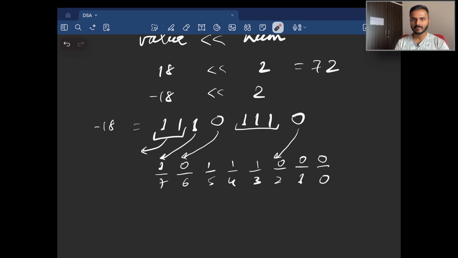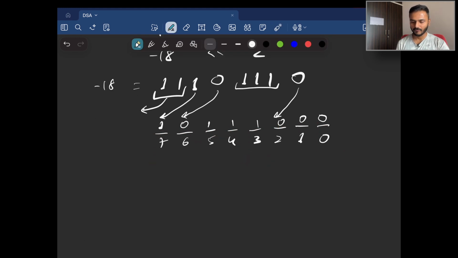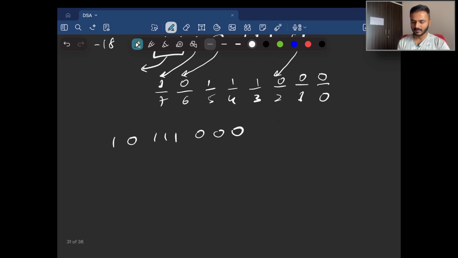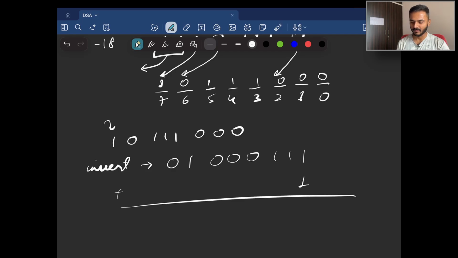And if I convert this to decimal, let's see what we get. We have 1 0 1 1 0 0. Over here, this is a negative number because the MSB is 1. So what we will have to do is, first of all, invert it. We will get 0 1 0 0 0 1 1 1. And then we will have to add 1 to it. So we will get 1 1 0 1 carry, 1 1 0 1 carry, 1 1 0 1 carry, 1